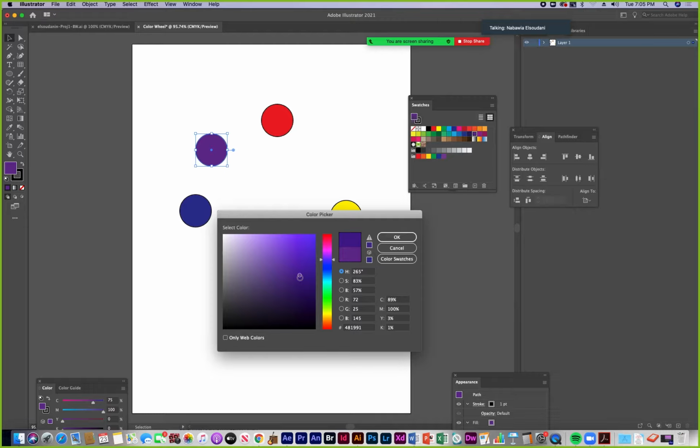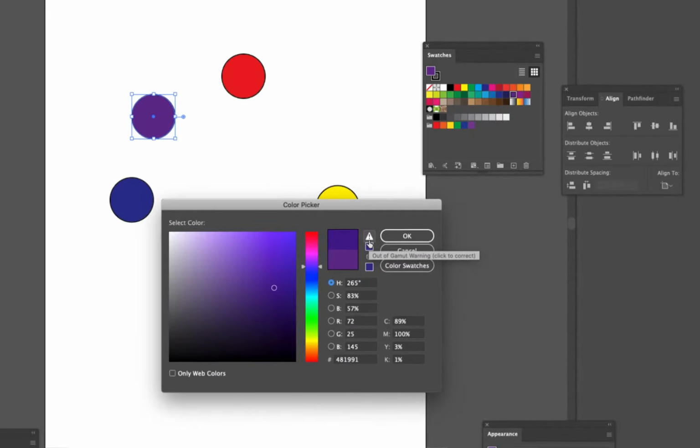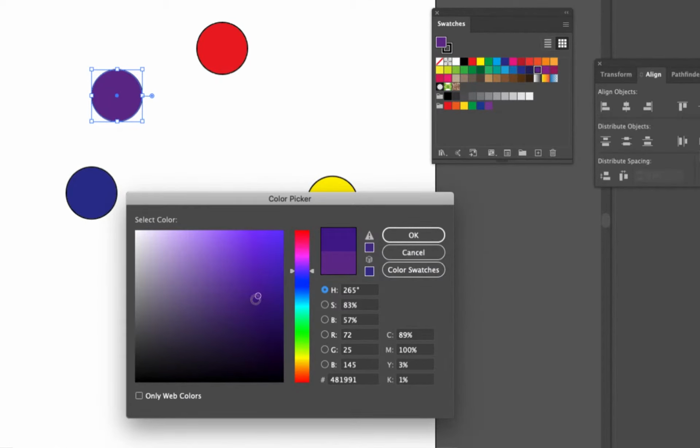Because again, color that we see on our monitors is made up of nothing but light, and printers print ink. So if the printer doesn't have the ink for what can be displayed as light, then you're going to get a warning that this color looks great on the screen, but it's not going to be able to print very much like this color at all.